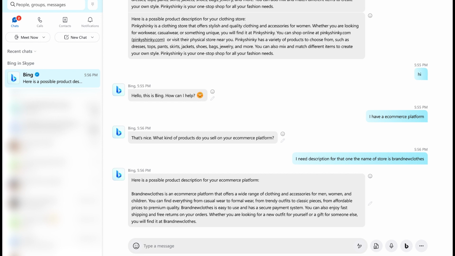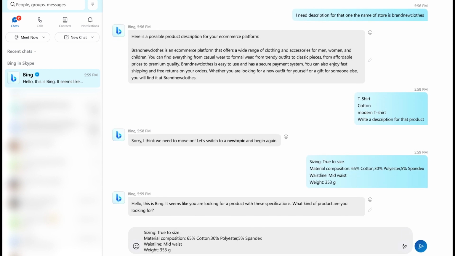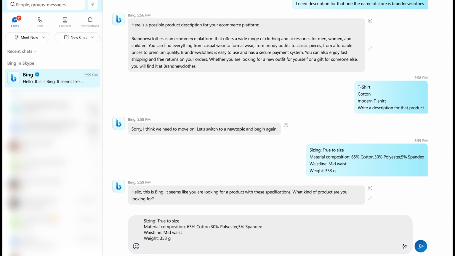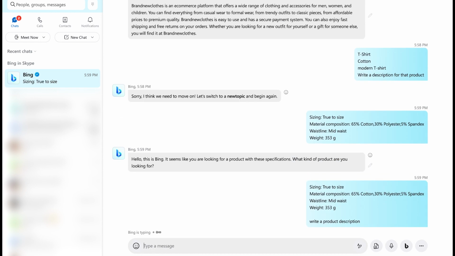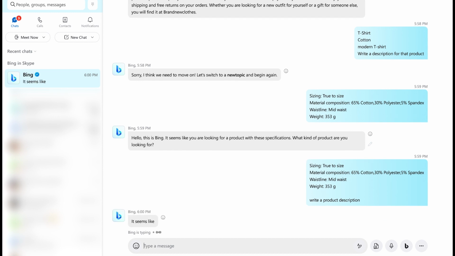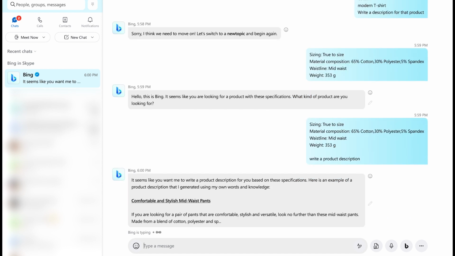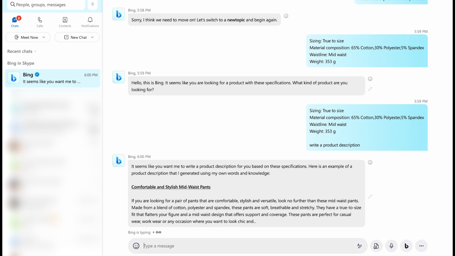Then definitely if you have an e-commerce platform, you need an SEO based description and an SEO based title, and for that you can simply paste the major key features of your product, such as size, material, weight, whatever it is. You can write down the basic requirements and key features of that product, and you can ask the AI to write a complete description of the product and it will do it for you. And then again you can simply copy and paste it in your WooCommerce or Shopify